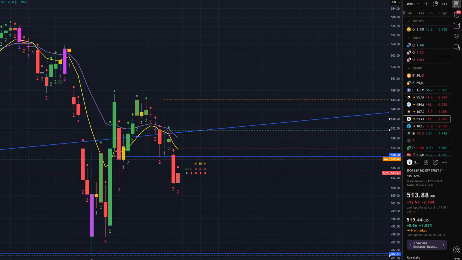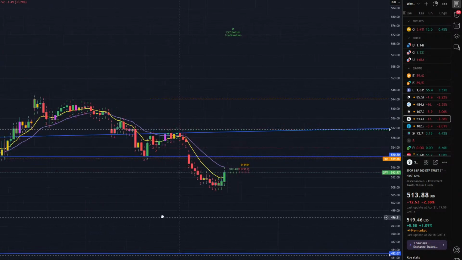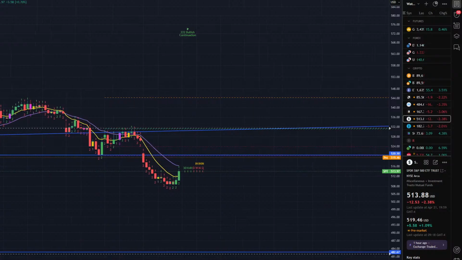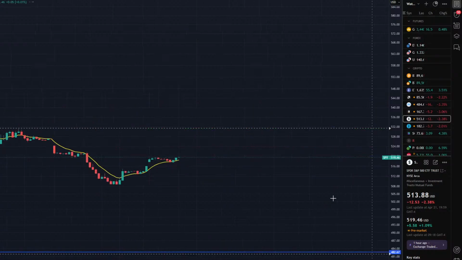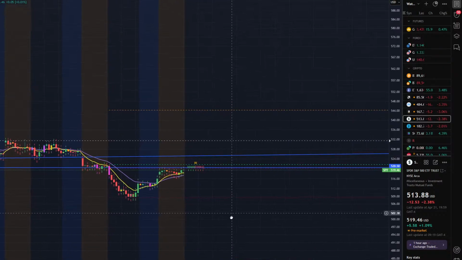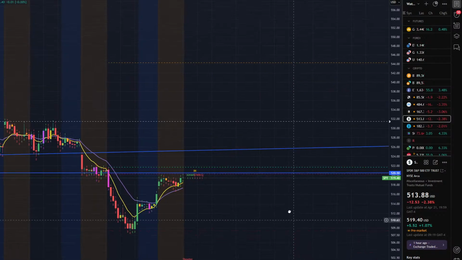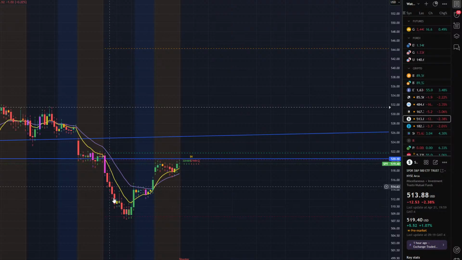So I'm going to go down to the 30-minute time frame. When I get down here, I'm just going to turn on the extended hours so you can get a better look at it. This is showing us what's going on in pre-market, and here, let me make it bigger. So you see, we bounced off this area, around 508, and we have a little bit of momentum gaining right here, but it's nothing